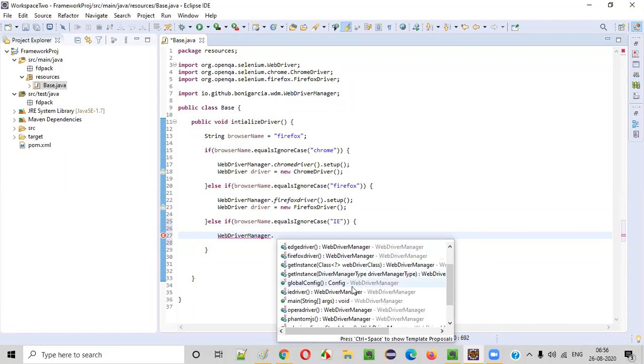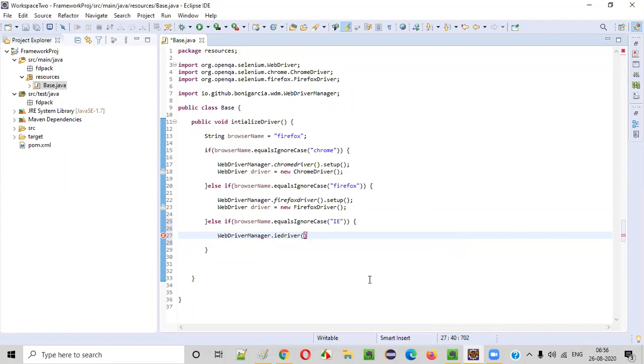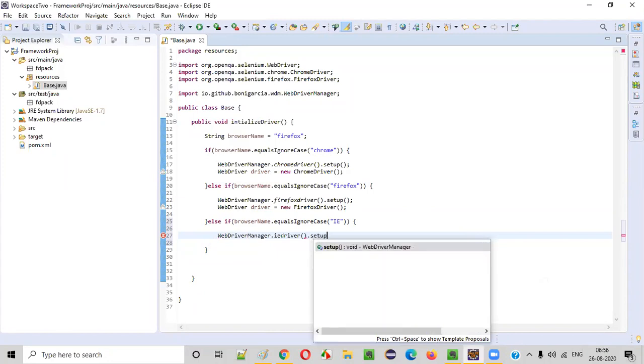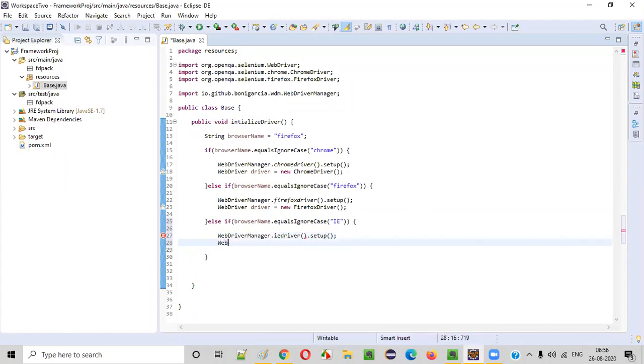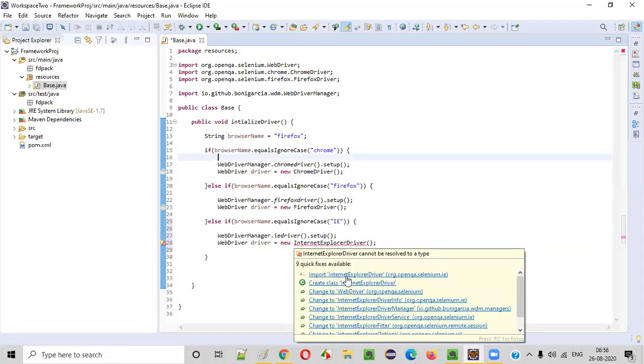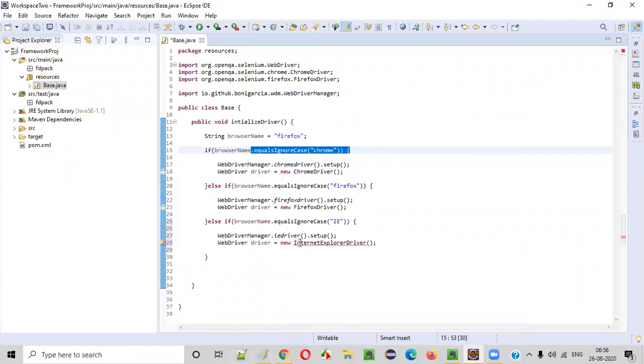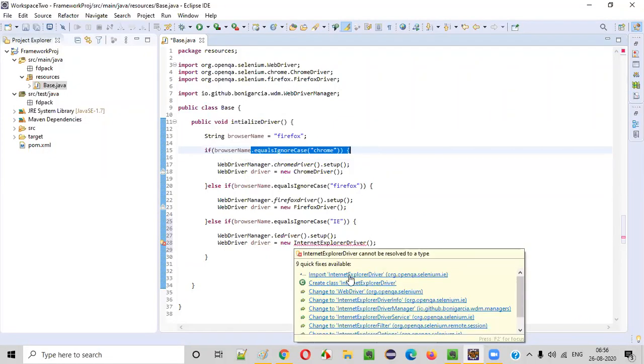So which driver do we have to take? We have to take IE driver this time. You see, this is IE driver. IE driver dot setup. Then WebDriver driver is equal to new Internet Explorer driver. Like this, we have to write the steps, guys. Based on the condition matching, we have to write the steps inside here.